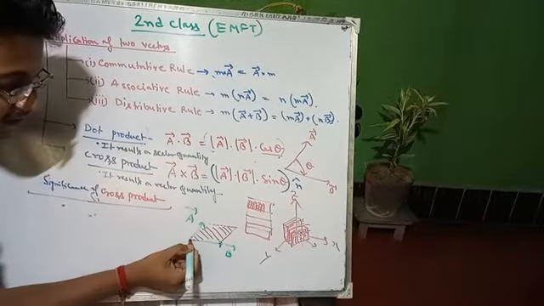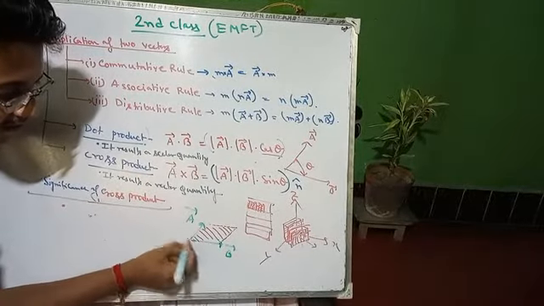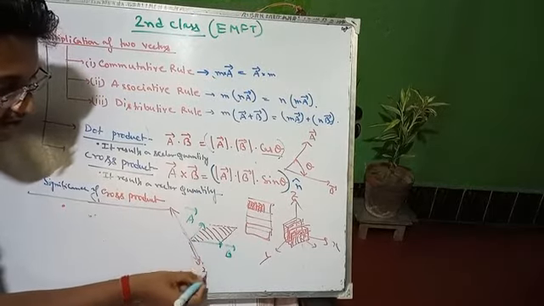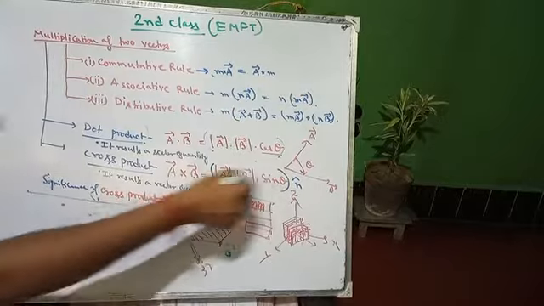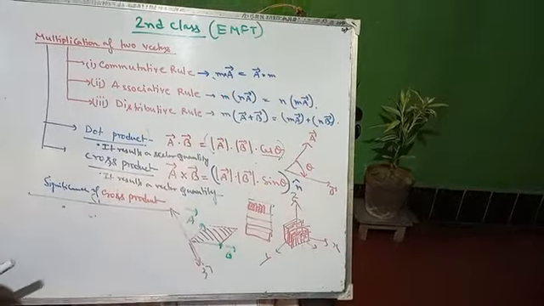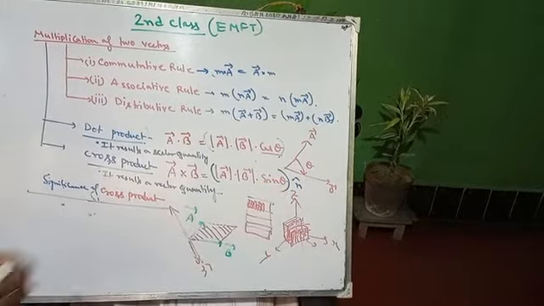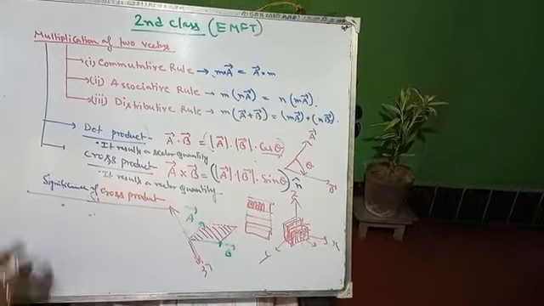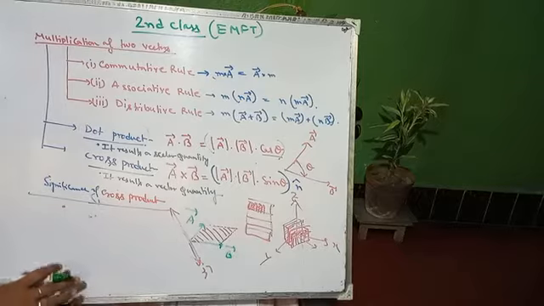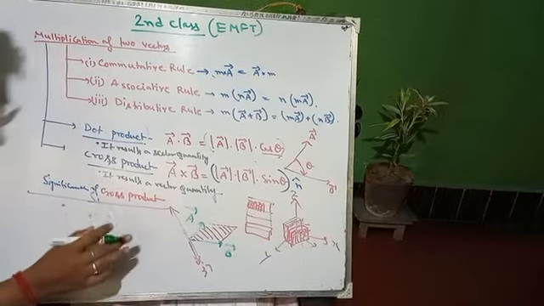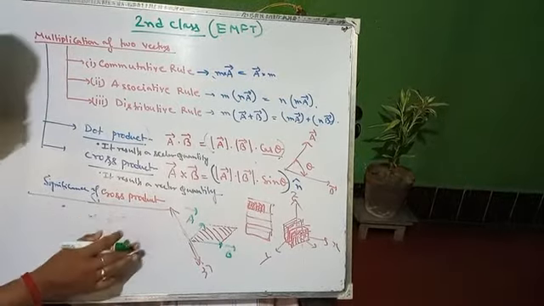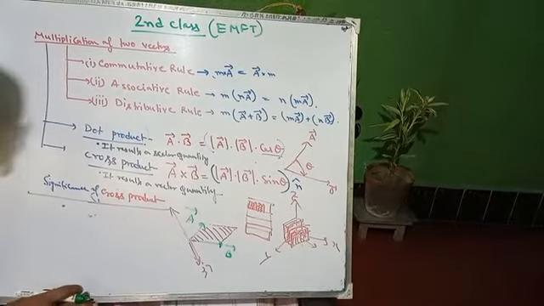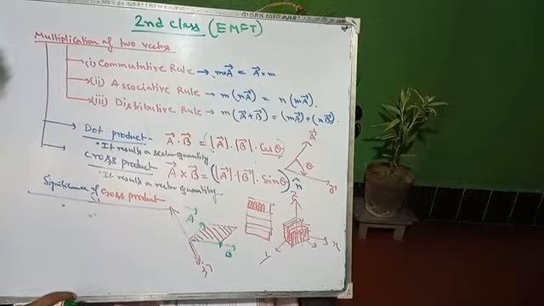So obviously the direction will look like this one or this one. So this perpendicular direction has some n cap. This n cap represents the perpendicular direction over the surface formed by the A and B vectors. So cross product means what? Cross product means the perpendicular direction of the surface made by two vectors. So this is the significance of the cross product.